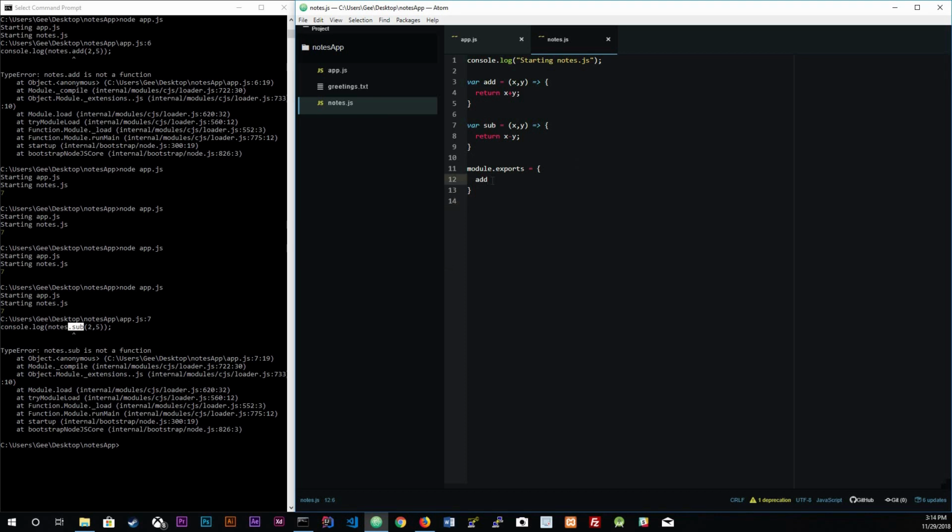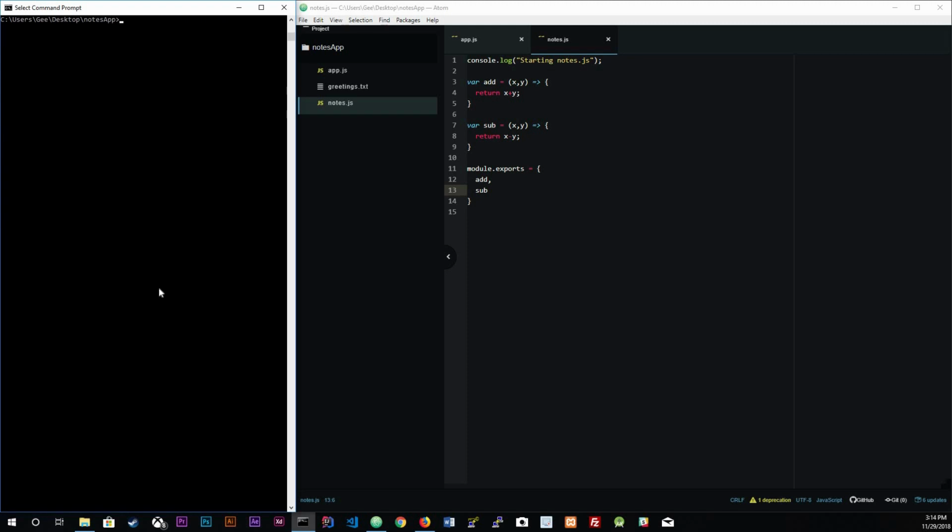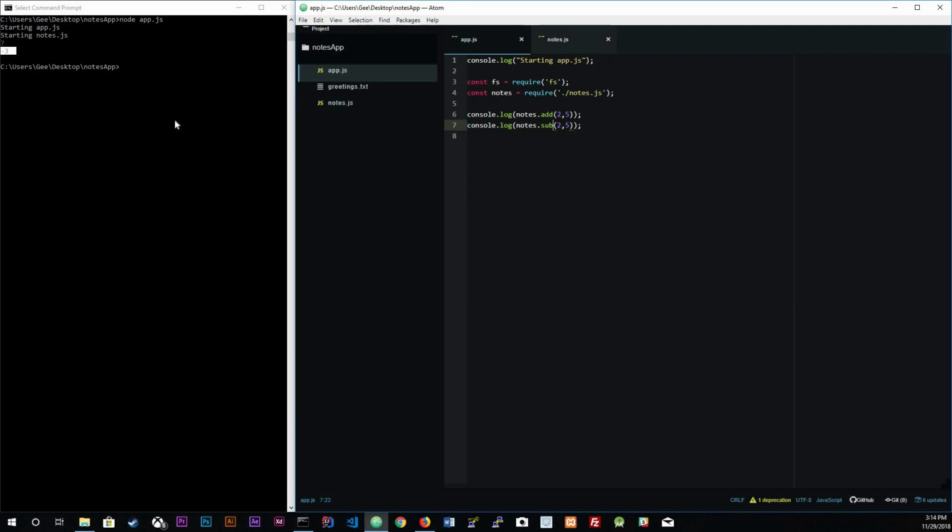Well, we could just literally go comma and then right here, remember, sub and then sub again. But if you have two of the same thing, you could just literally just do sub. Control save. Now we run it one more time. Let me scroll this up. You get -3 because what did I put? 2 minus 5 is -3, right? Okay. So now you know how to do internal modules and external modules, and now we're going to do third-party